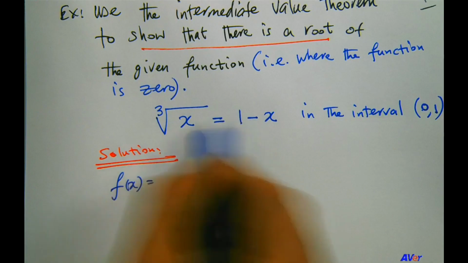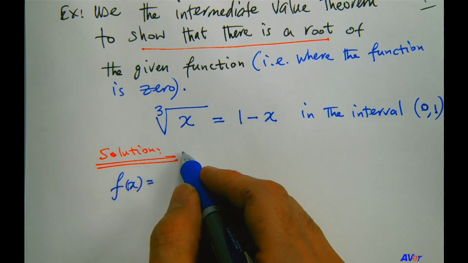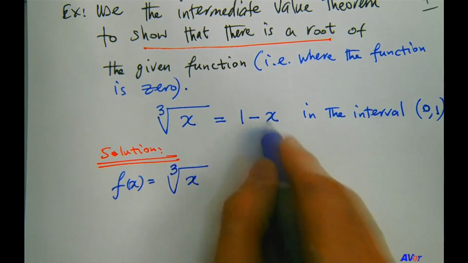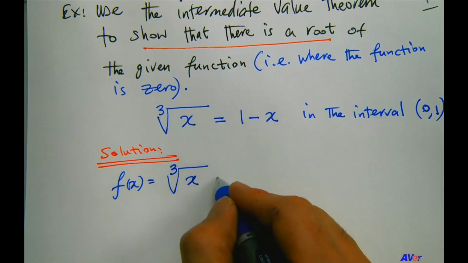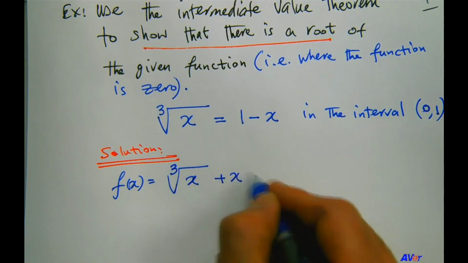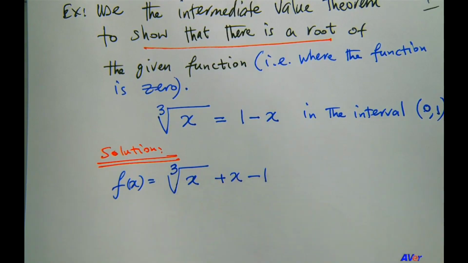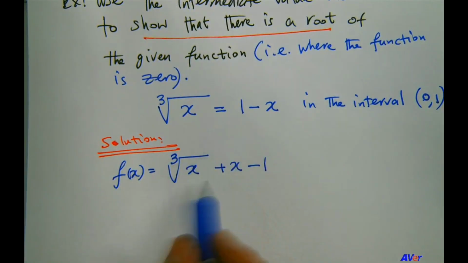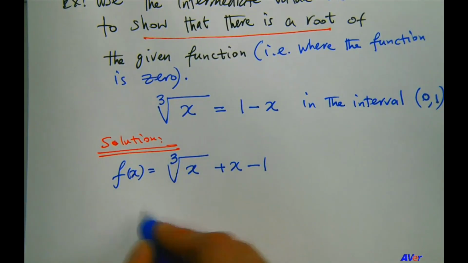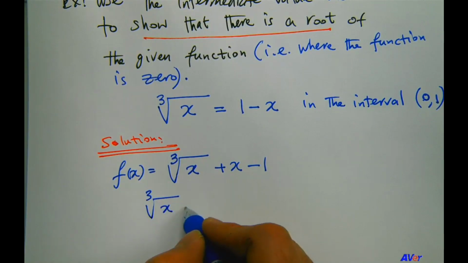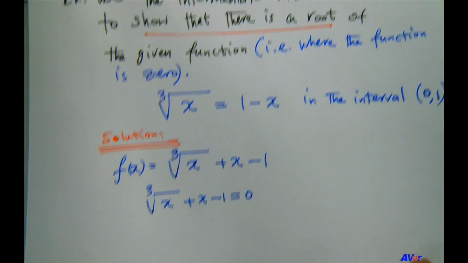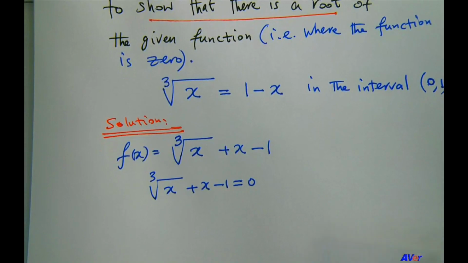Well, let's move everything to one side and set it equal to 0. So we have a cube root of x. Let's move these two terms to the left, so we're going to have plus x minus 1. So that is the function, and that would be equal to 0. So third root of x plus x minus 1 equals 0, right? Okay, so you can see clearly that this function